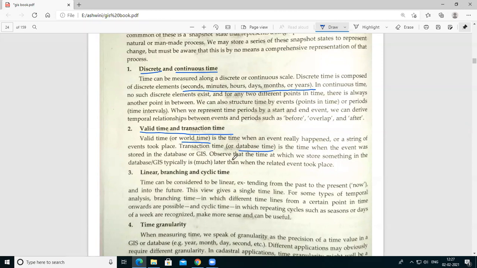Okay, so suppose there is an event. When that event happened, that time is called valid time or world time. म्हणजे आता एखादा इव्हेंट असेल जिओग्राफिक एरियावरती, तर तो इव्हेंट ऍक्च्युअली कधी तिथे घडलेला आहे, at what moment that event happened, so that time is called valid time or world time.